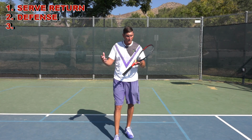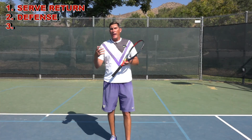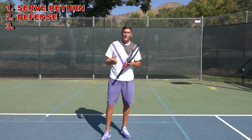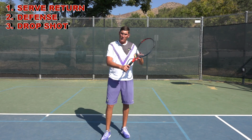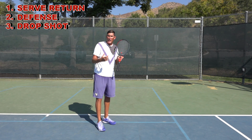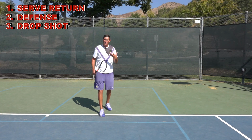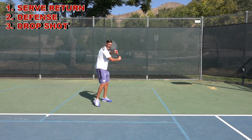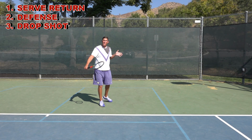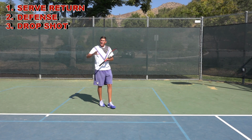All right, so in defensive situations, I love my backhand slice. And the third option, and this is a really fun one, is the drop shot. You know, the grip's the same, the prep is the same. I love this idea that a drop shot has so much disguise built in, because if I'm a player that likes to stay back and throw in a decent amount of just standard slice backhands, the opponent a lot of times